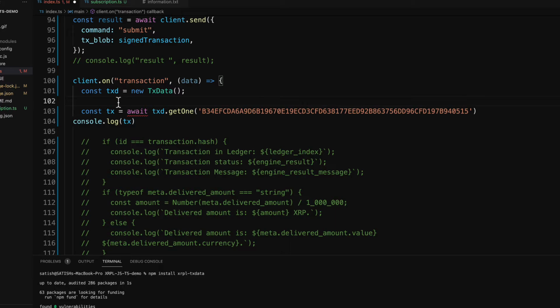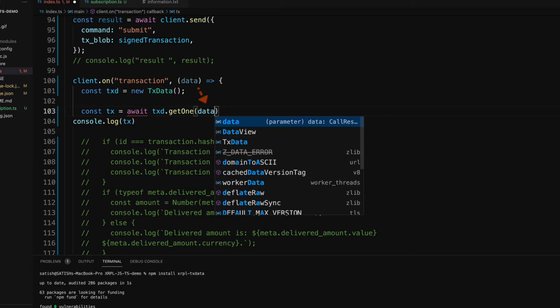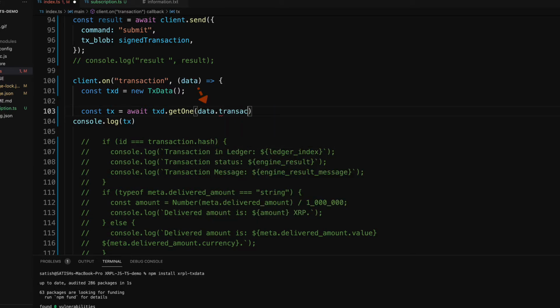You could just add async here. Before that, let me remove this dummy hash and replace it with the real one, which is present inside data.transaction.hash. Okay, so now you could simply add async keyword here,